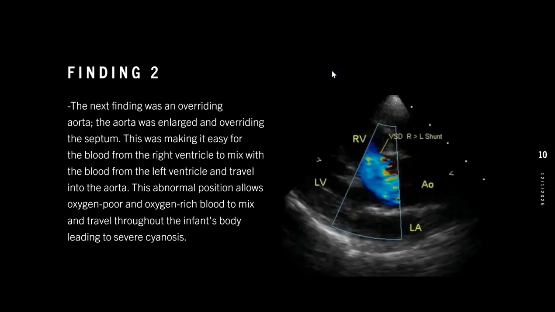Finding 2. The next finding was an overriding aorta. The aorta was enlarged and overriding the septum. This was making it easy for the blood from the right ventricle to mix with the blood from the left ventricle. This abnormal position allows oxygen-poor and oxygen-rich blood to mix and travel throughout the infant's body, leading to severe cyanosis,